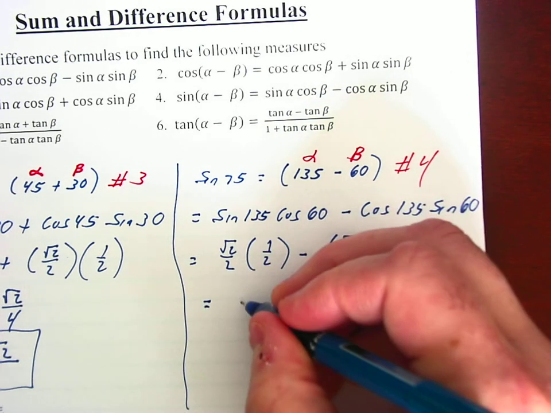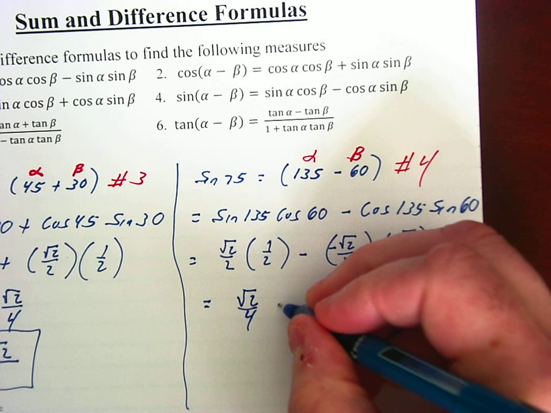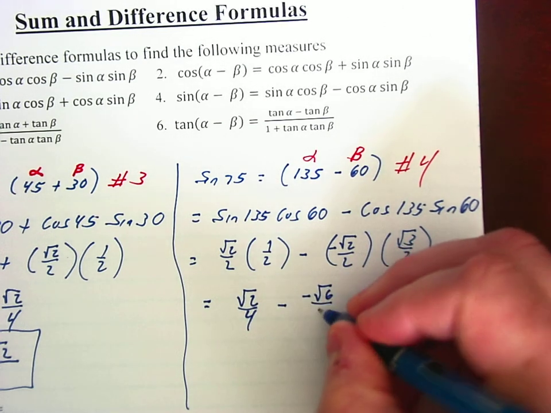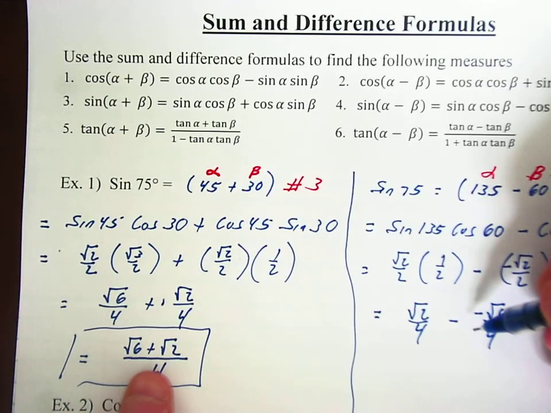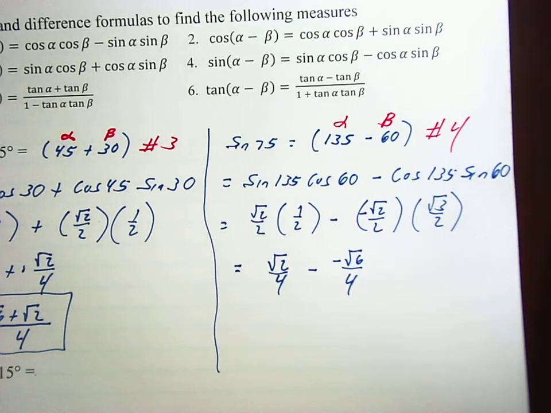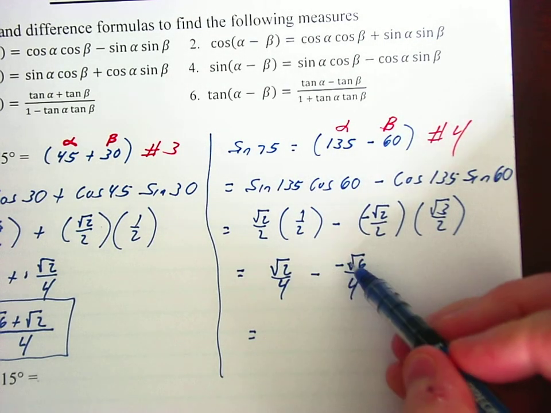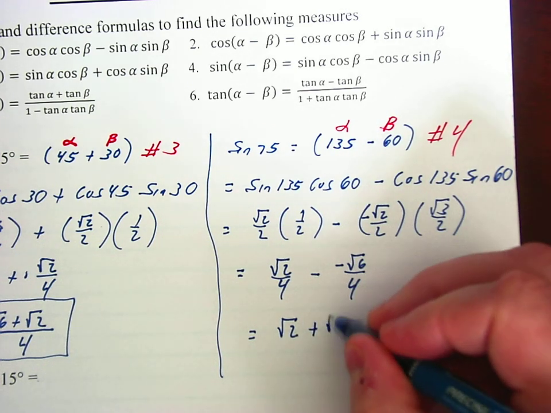So this is square root of 2 over 4 minus, this is going to be negative square root of 6 over 4. Now, minus a negative is going to turn into plus, which is good, because we know the answer is a plus anyway. And then we're going to be done. So square root of 2 minus a negative square root of 6 is square root of 2, plus square root of 6